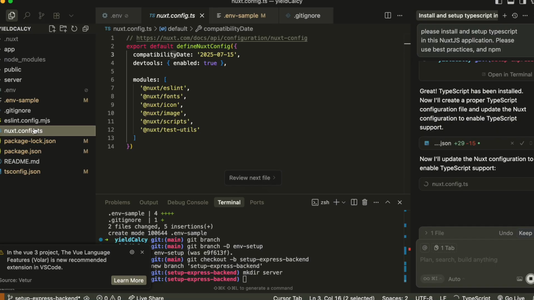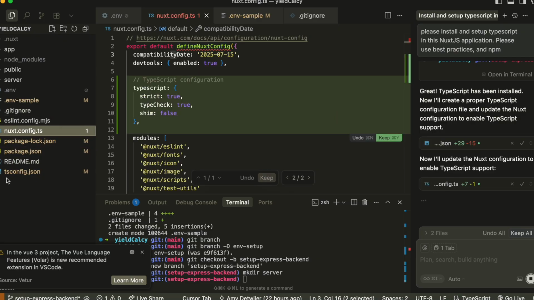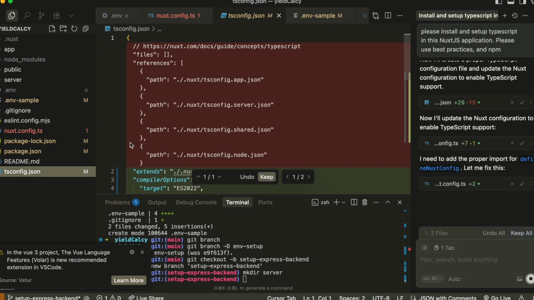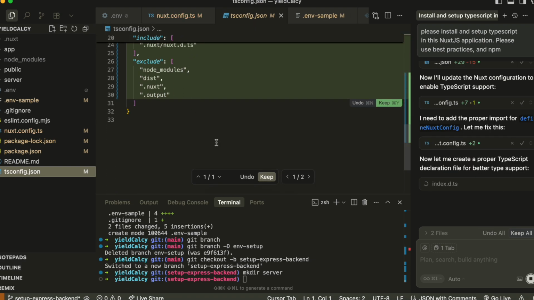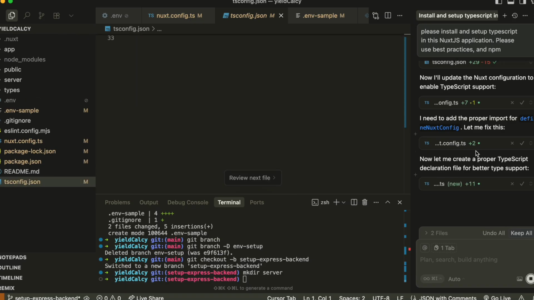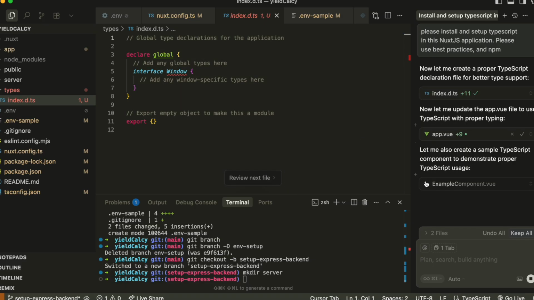Okay, so we have a tsconfig. Keep. And we have a TypeScript file here. Oh, it types. Okay, yes, that makes sense. Keep that, and then